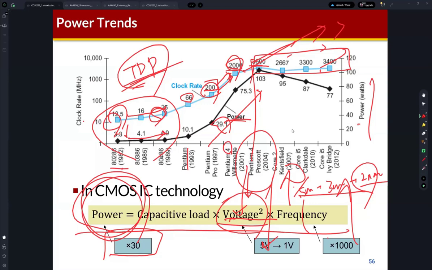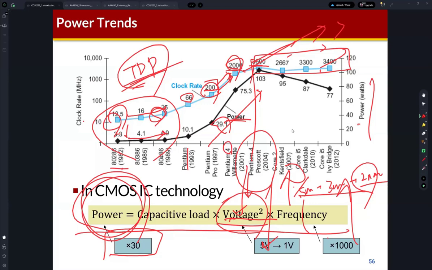Okay, so that's an ideal property of the CMOS transistor. But this is ideal, okay? And we live in a non-ideal world, right? Because of non-ideal characteristics of the CMOS transistors, a circuit consumes static power even if this circuit does not work. Okay, and this power is called the